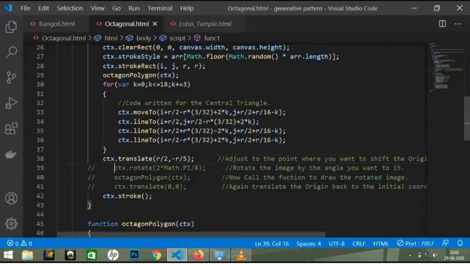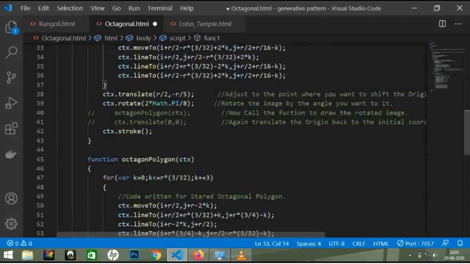And the rotate method is used to move the pattern that is going to be created using the octagon polygon method by some angle. Here I have moved the image by 45 degrees. So let's uncomment the function call to the second octagon polygon method, save the code till now and see the rotated pattern in the browser.